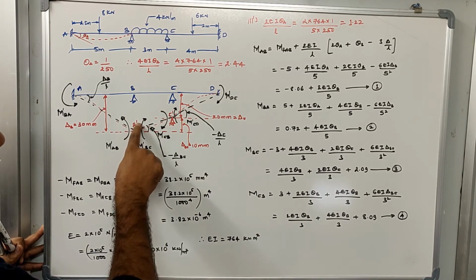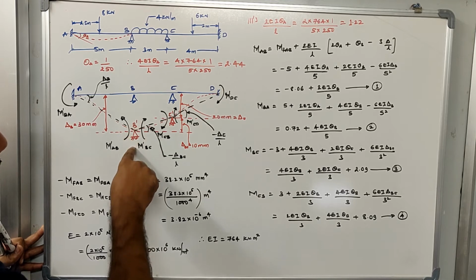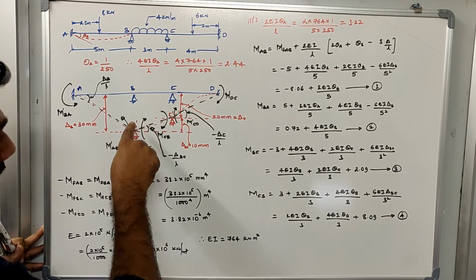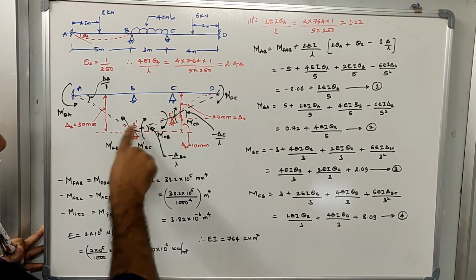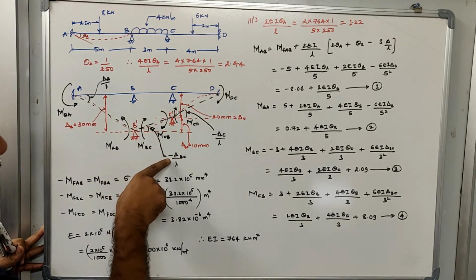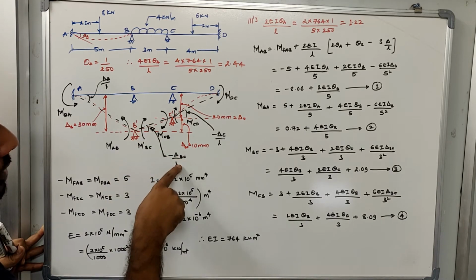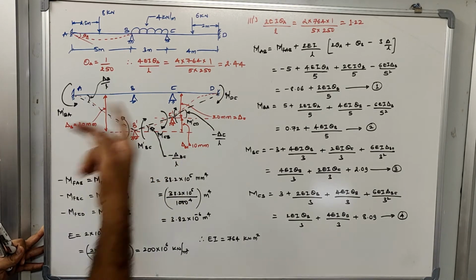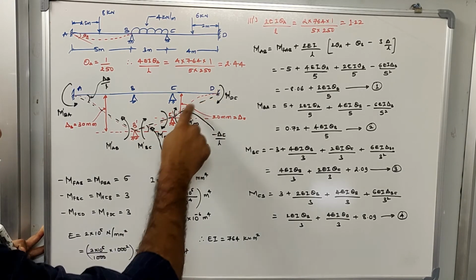So this is the new position that you have to consider for B. Now B dash and C dash, as you can see, B is at the lower elevation, C at the higher elevation, B being the near end, C being the far end. If the far end is higher than the near end, then the value of this slope will be minus delta divided by L. Now going with member CD,